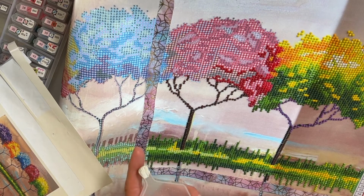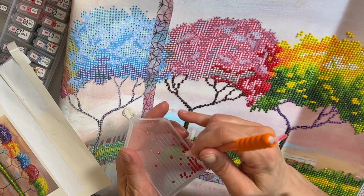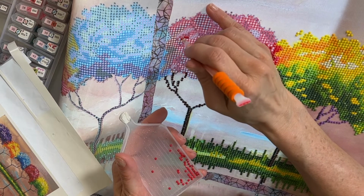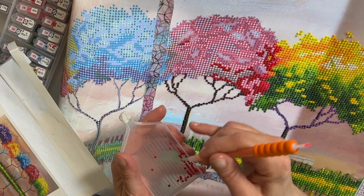So I'm not really sure. I'm kind of talking as I'm thinking. I'll have to figure it out. But right now, I don't need to buy anything else. This diamond painting is going to take me a little bit. And I have